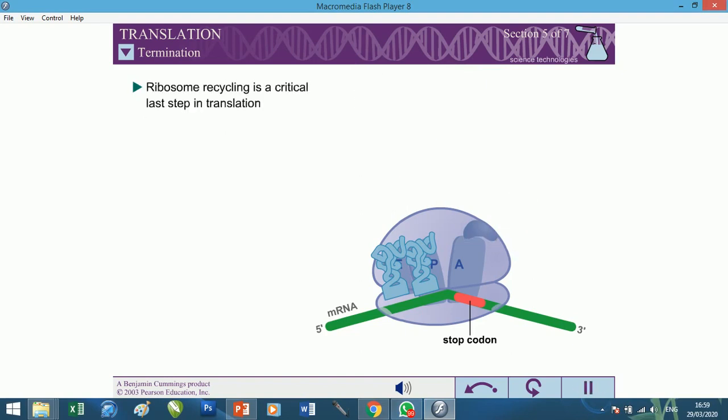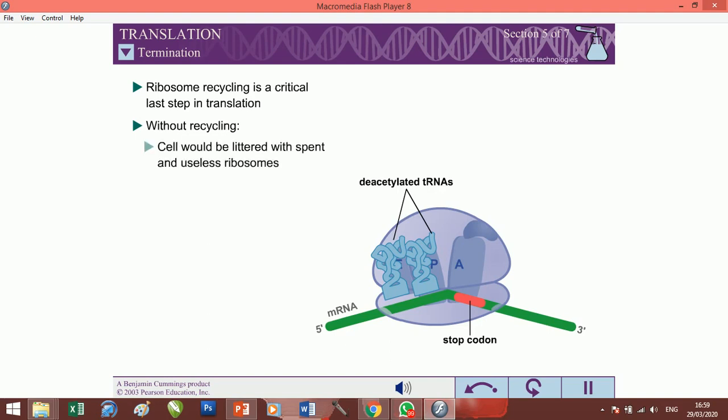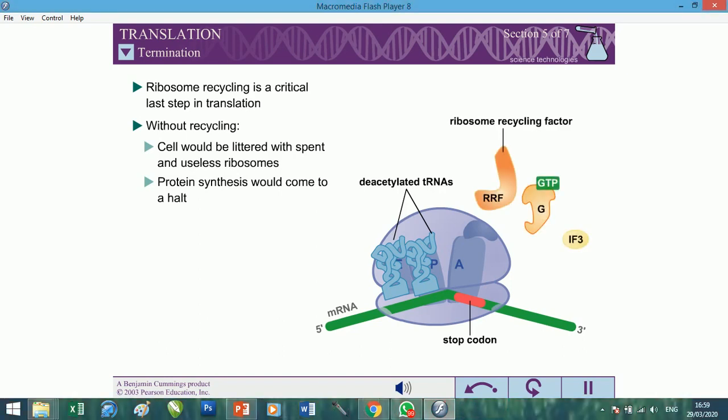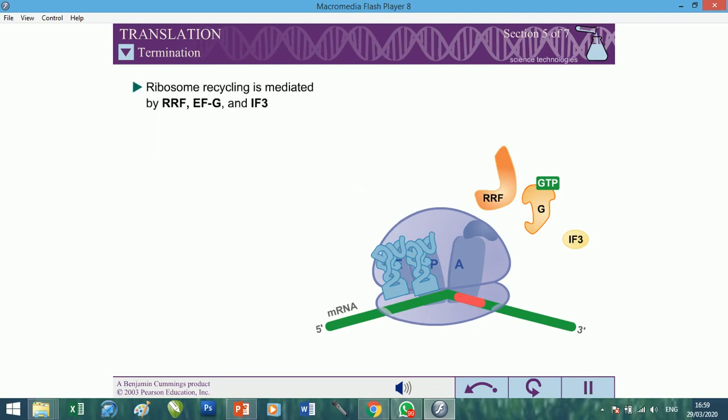At this point, the ribosome still contains two deacetylated tRNAs and is also still bound to the mRNA. The process of cleaning out the ribosome and separating the subunits is called ribosome recycling. Although not as well understood in eukaryotes, in prokaryotes this process involves a ribosome recycling factor plus initiation factor IF3 and elongation factor EF-G. The ribosome recycling factor, RRF, binds to the A site of the used ribosome and recruits